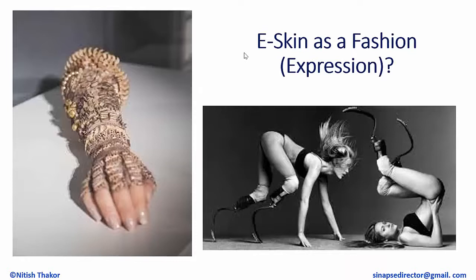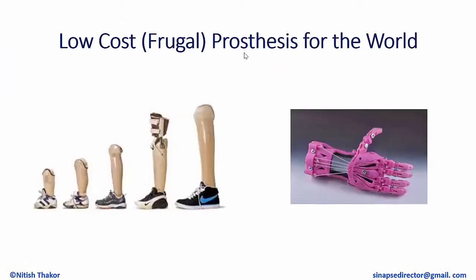I was in Italy, and there was an exhibit there about skin as a fashion. It doesn't have to be normal skin. It still can be. You can experiment with the skin to make it pretty unusual. It's just an interesting expression of human art. But let's go back to, before I end my presentation,